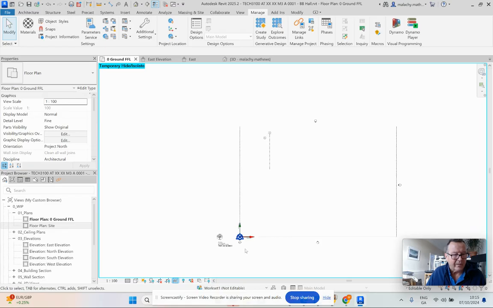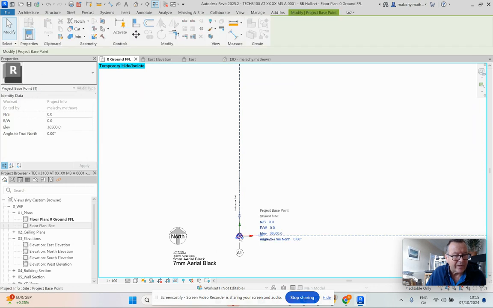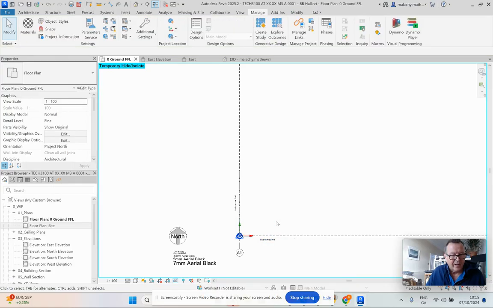Now, if I go in, I'm going to tab here again till I get my project base point. Now you can see that this one is correct, right? And if you've written down the other coordinates, so what we can do is